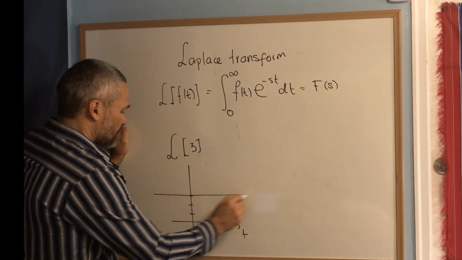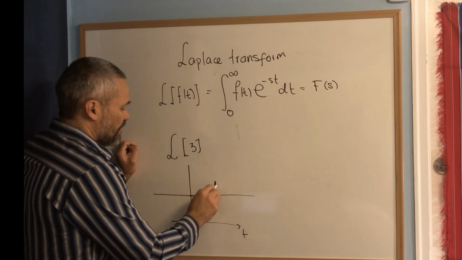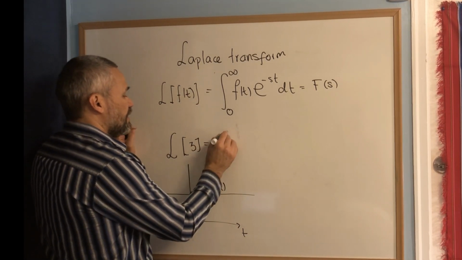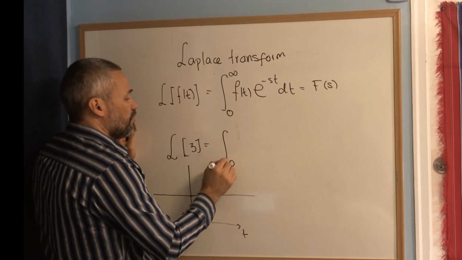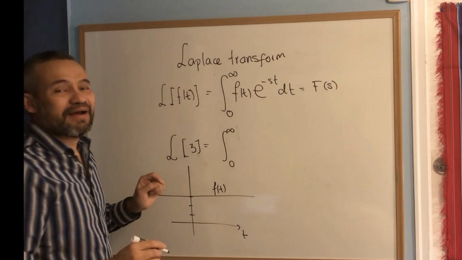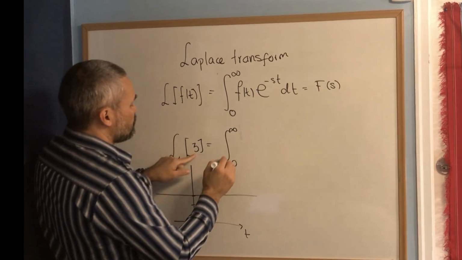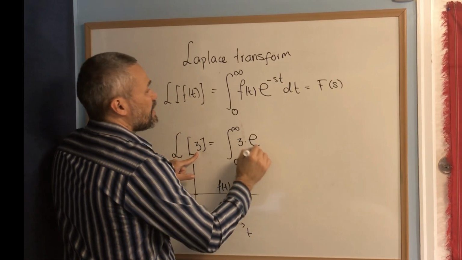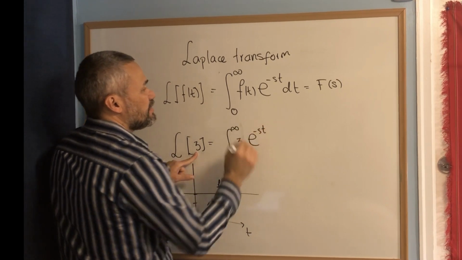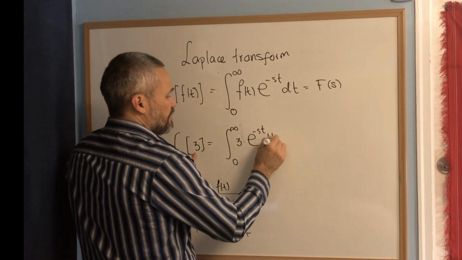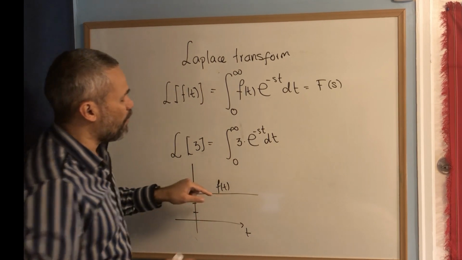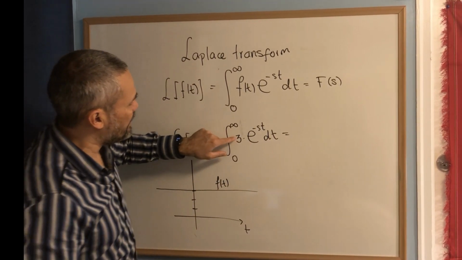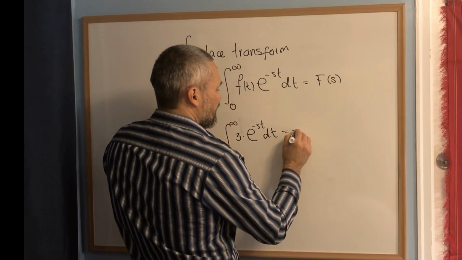This is this constant function. This is f of t. Then, according to the definition, we have to do an integral. It's the integral from 0 to infinity of the function f of t, which is 3, times e to the negative st dt. But when we do a substitution, then we know that the antiderivative of this is going to be negative